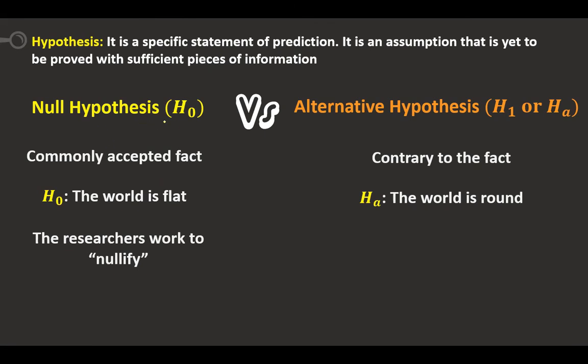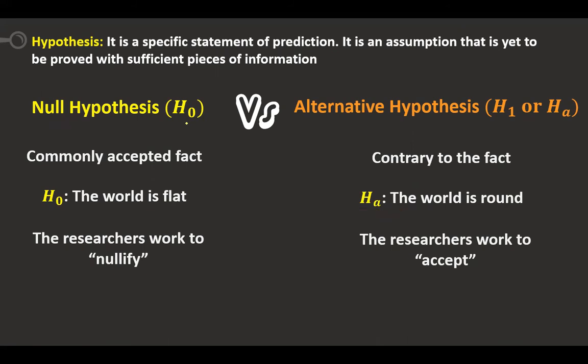So null hypothesis always says no. Okay, you have to remember that particular thing. Okay, right. Now the researcher's work is to accept this alternate hypothesis. Okay, so now it is not in all the cases we'll accept it. Okay, now we will reject the null hypothesis, then it is not necessary to accept the alternate hypothesis. Okay, so it is not mandatory actually. So you have to remember this. So null hypothesis is a commonly accepted fact. Okay, now the researcher is always working to nullify this hypothesis to get the proper conclusion.